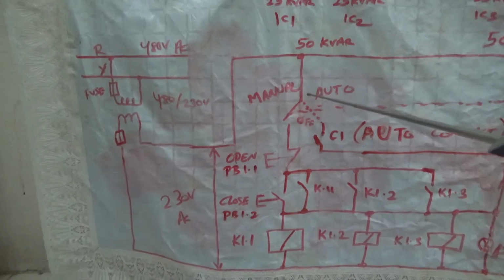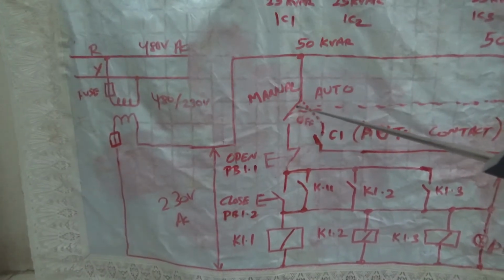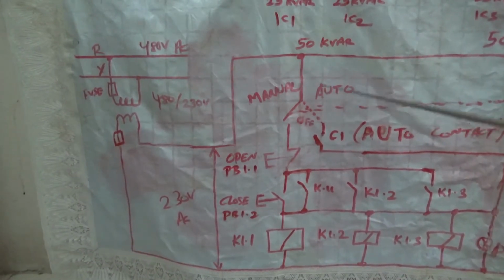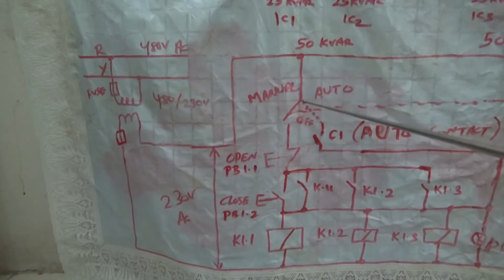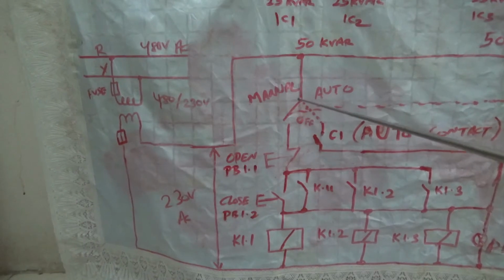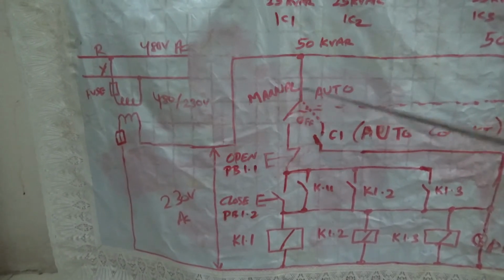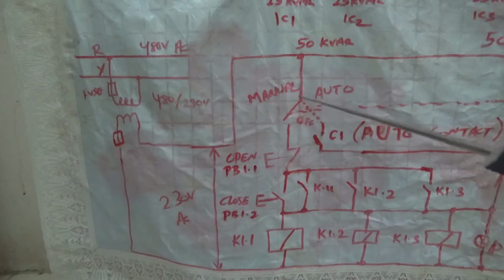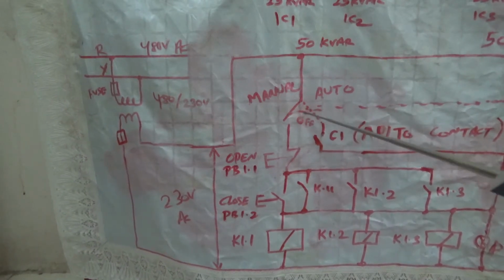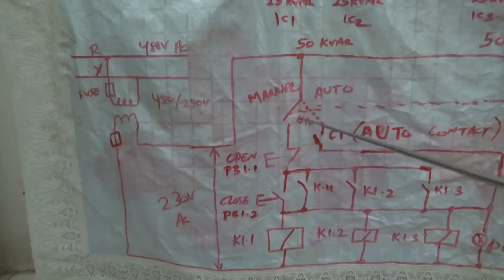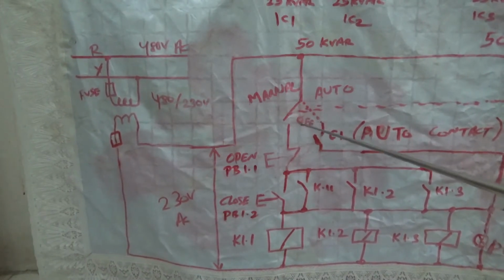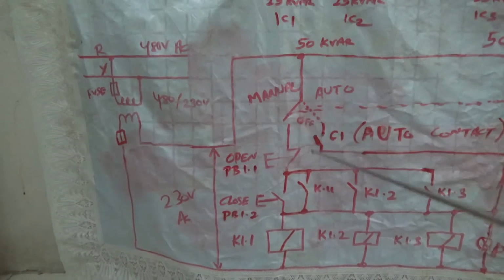Here there will be one auto manual switch, because sometimes when the auto mode does not work, we have to operate the capacitors in manual mode. So provision is provided for auto and manual operation both. And there will be a center off. If the switch is in the center position, there will be no power supply. In case you want to do some maintenance work, we can switch off and do the maintenance work.